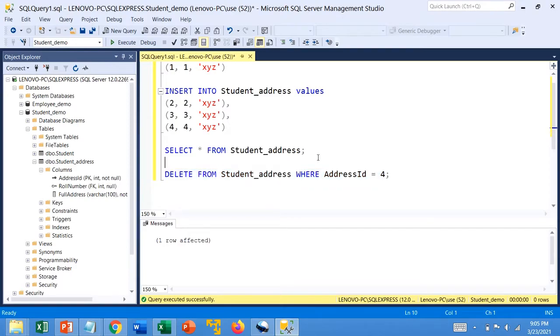One row has been affected. Let's try to retrieve all the records. As we can see, there is no entry for 4th record, which has been successfully deleted.